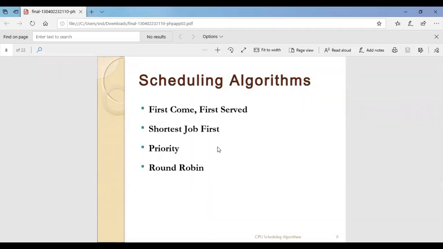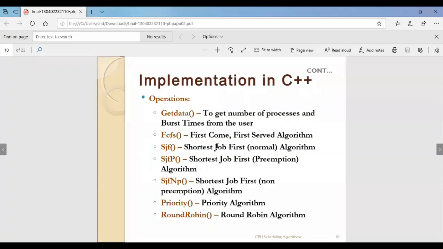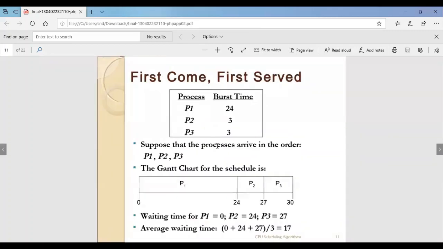And the last one is round robin, in which we give a time slice of 1 millisecond, 2 milliseconds for each and every process. So an equal chance is given to each and every process for execution. That is called round robin. The implementation is in C++, which we'll see in practical hours. So here comes the